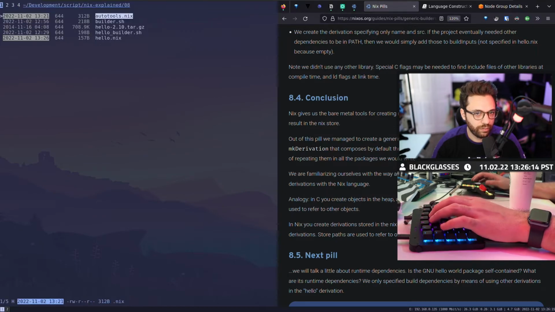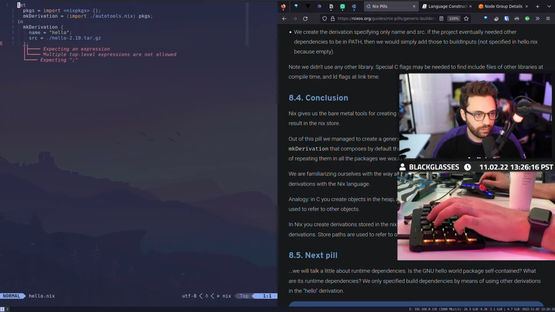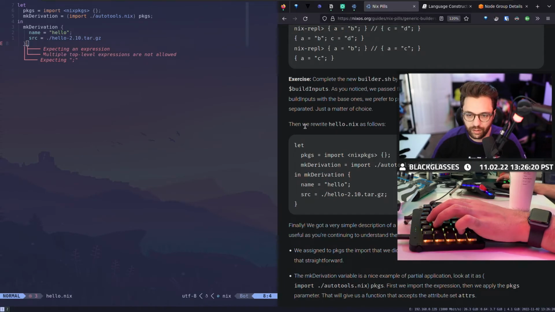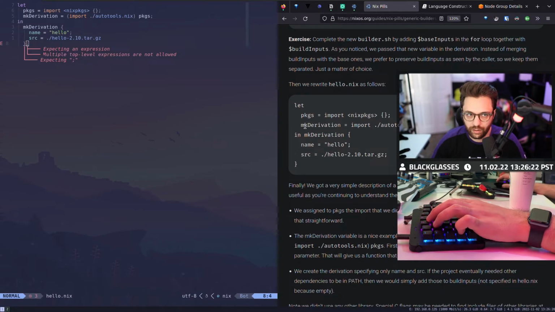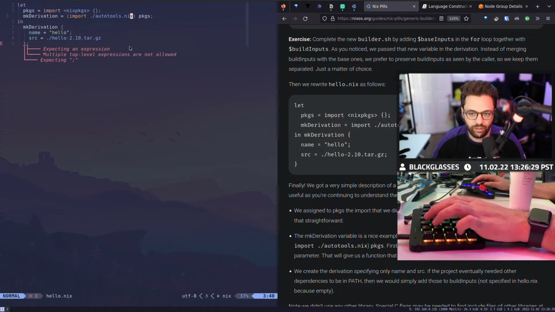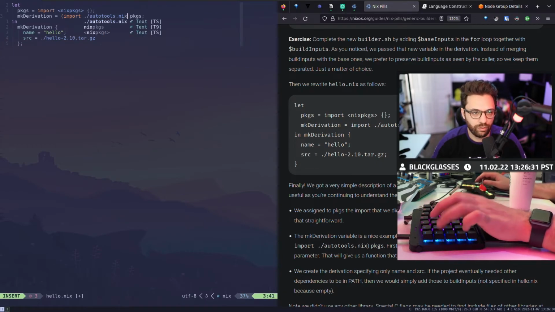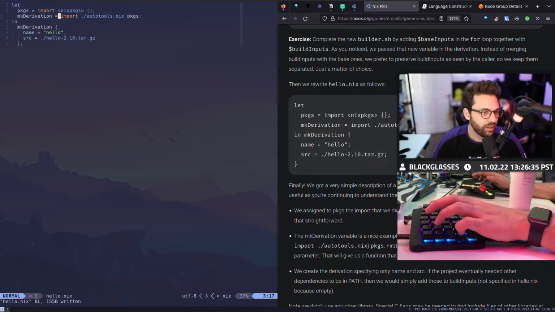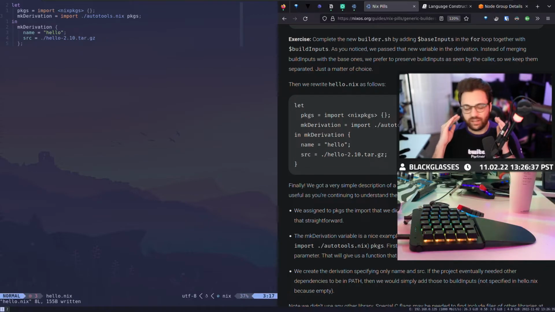Oh, wait, what? What am I missing here? Oh, maybe, do I not need the actual, I always get confused about these parentheses. That's right. They don't actually do anything. I don't like that about Nix. I'm sorry.